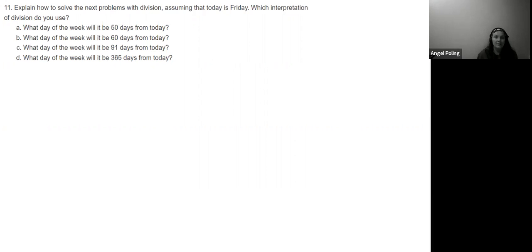So in number 11, we have: explain how to solve the next problems with division, assuming that today is Friday. Which interpretation of division do you use? Okay, so assuming today is Friday,